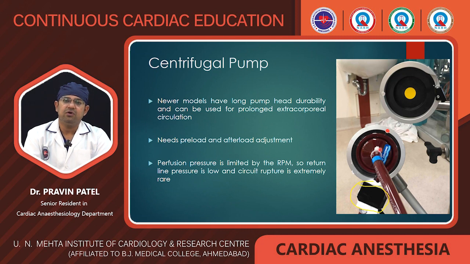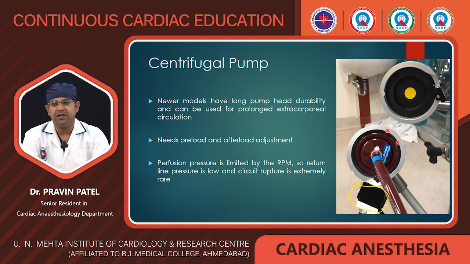Secondly, it is again afterload dependent. Whenever there is an increase in the afterload, especially in the return cannula, whether it may be a venous or arterial line, for example with any thrombosis, the afterload on the centrifugal pump increases. In that case, the centrifugal pump will still function normally, but again the kinetic energy will be lost as heat. So, one has to be very careful and vigilant whenever there are any changes in the venous drainage or any increased pressure in the return cannula.